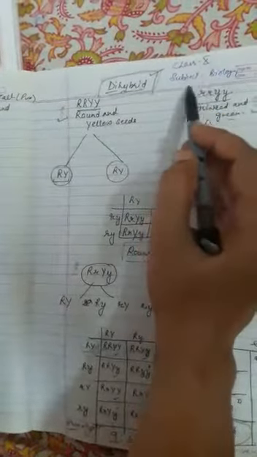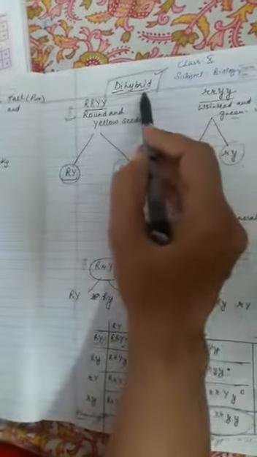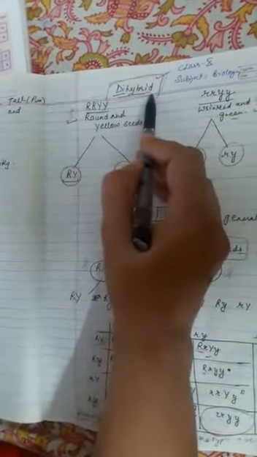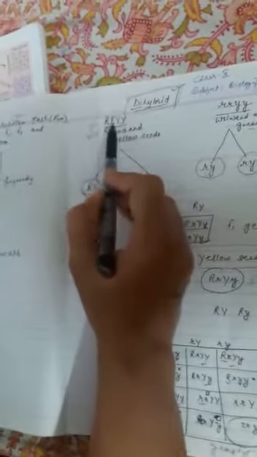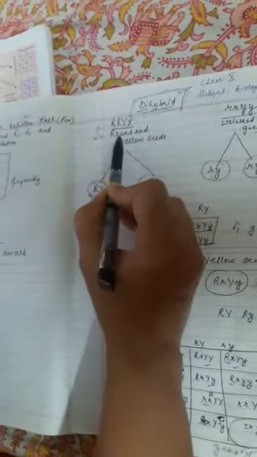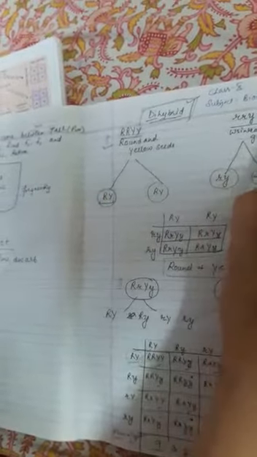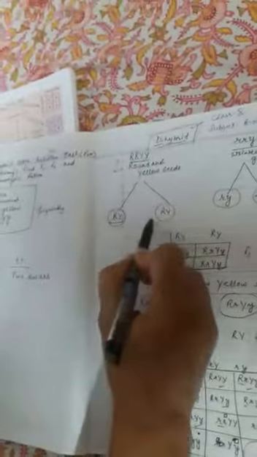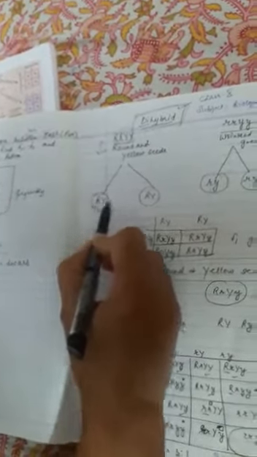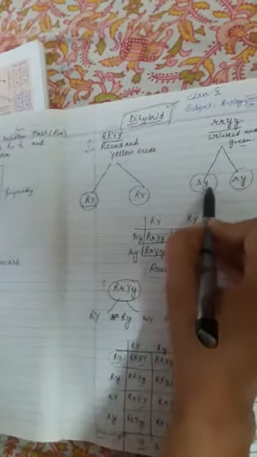Class 10th, subject biology. Today we will do dihybrid cross. In a dihybrid cross we take two characters together, that is, round yellow and wrinkled green. When they produce gametes, the gametes will be like this: capital R capital Y, and small r small